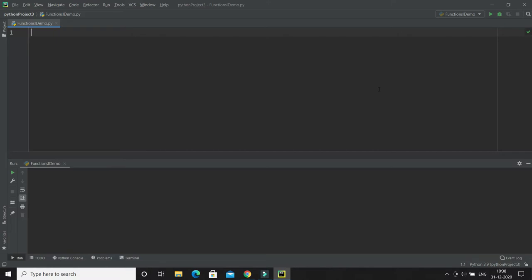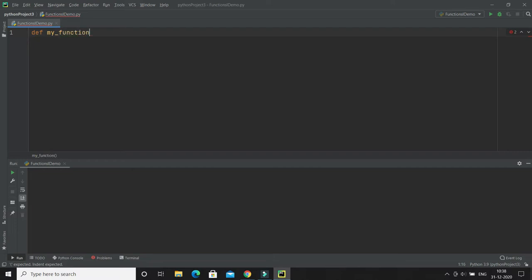Now the thing is, how to create a function in Python. A function is basically defined using a def keyword. So let's try to understand how we can define a very simple function. As I said, a function can be created using the def keyword. So I would say my_function.